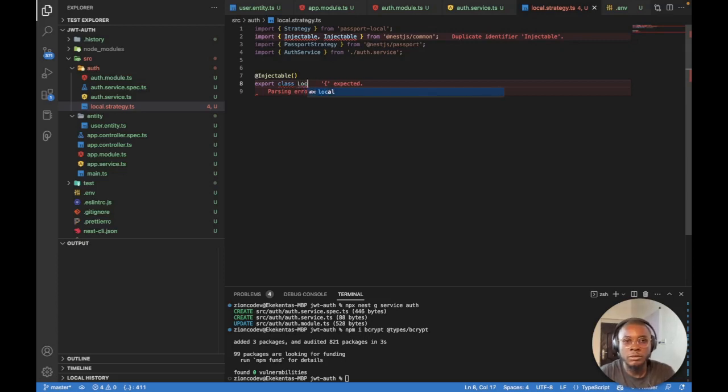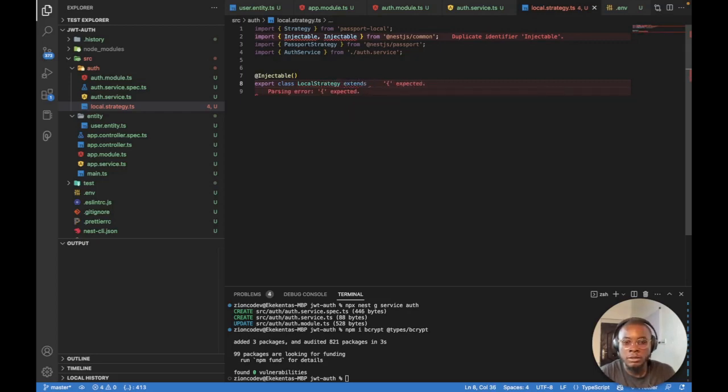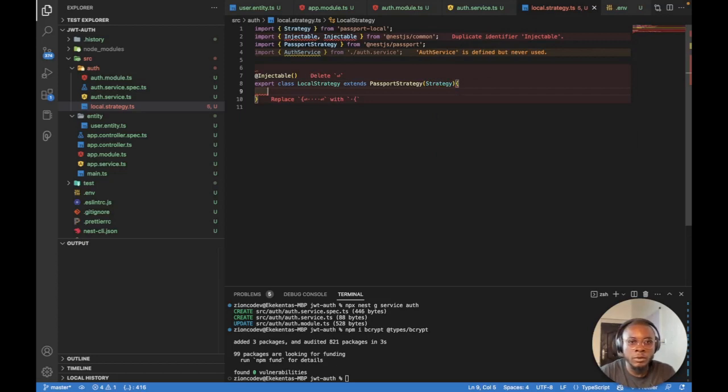Class LocalStrategy, which is going to extend the passport strategy, and it's going to take in the Strategy class. So here in our local strategy class, we're going to create a constructor and then create a private variable for an instance of our auth service class. So this auth service,